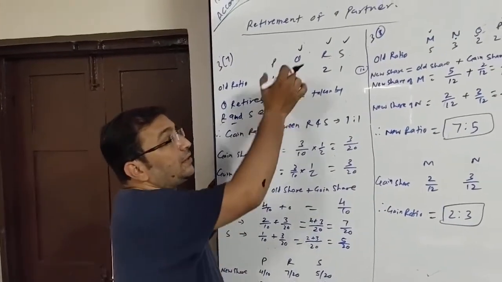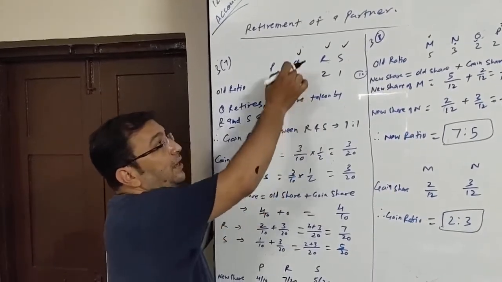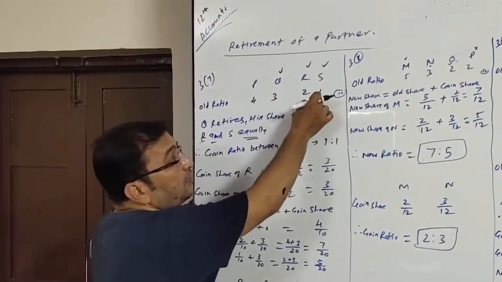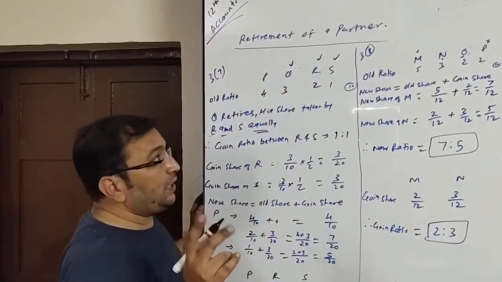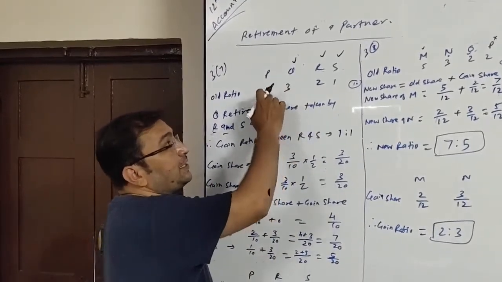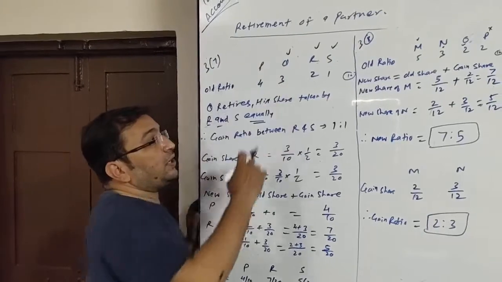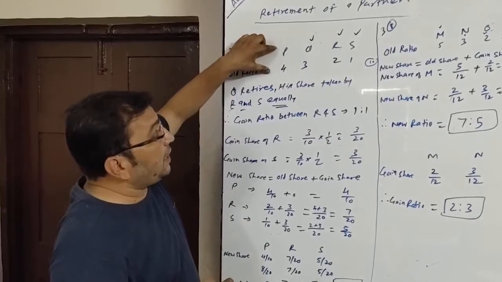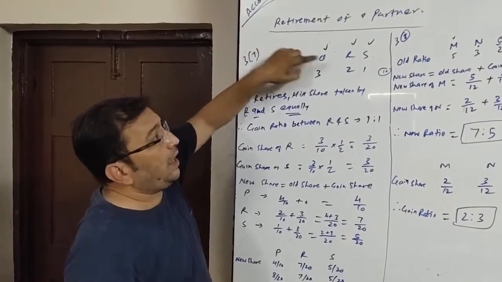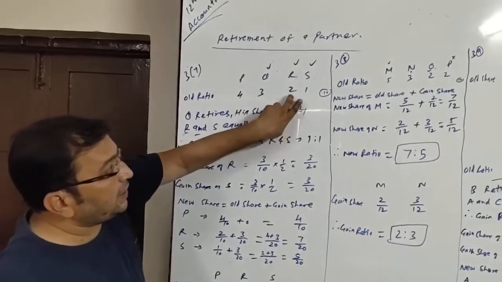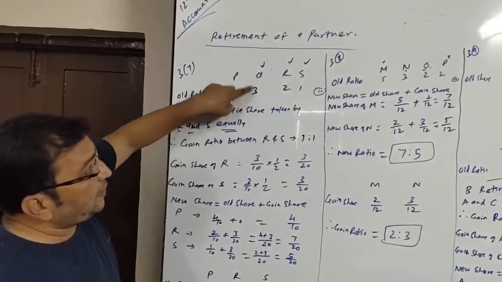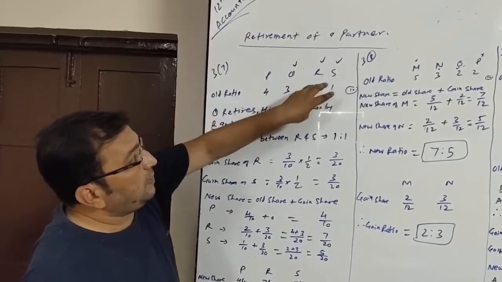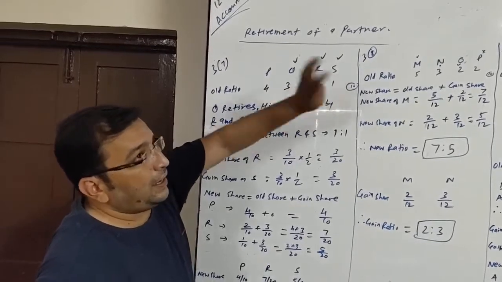So this sum gives us information that one out of four partners is retiring and his share is taken by two partners equally. That means the remaining one partner is not gaining anything. He is not going to get anything from the share of the retiring partner. So P will continue with his original share and R and S will be getting their share plus half share of Q. Right? Equally they are going to distribute. So first of all we will find the gain of R and S.